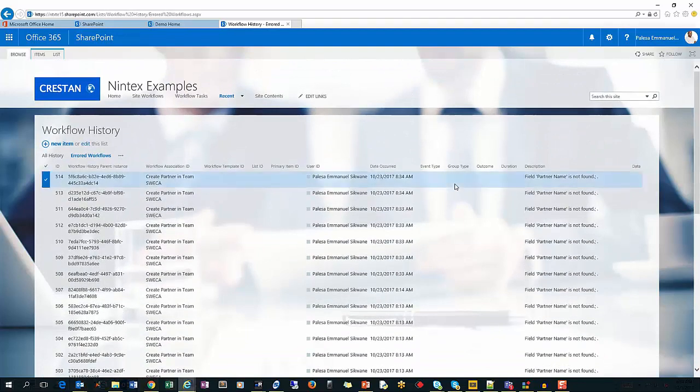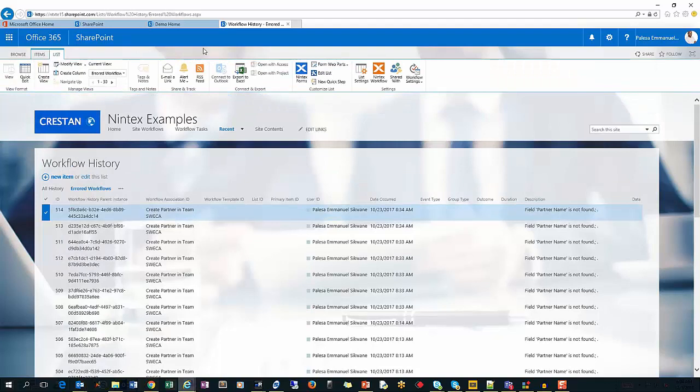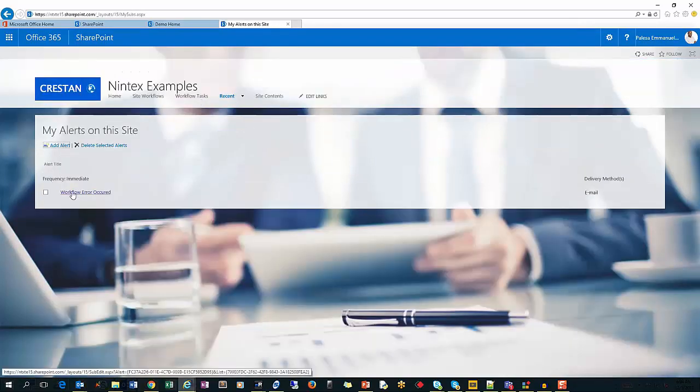And then I wanted a notification for this. So what I actually ended up doing was going into my list and using some of the out-of-the-box SharePoint functionality by setting an alert on this. So I've already built my alert. If I just show you my existing one, you'll see that I've got an alert called workflow error occurred. If I click on that,